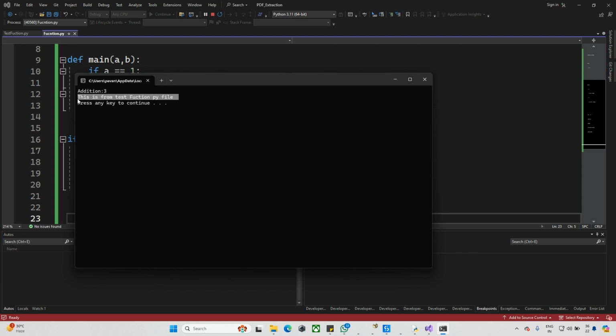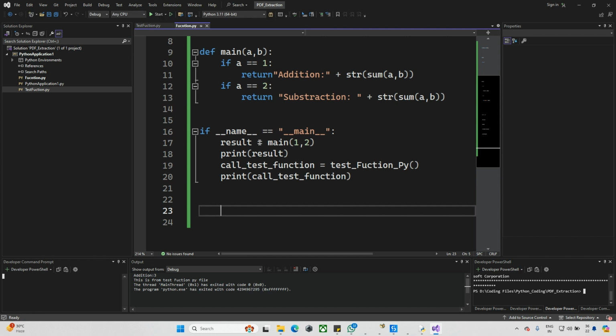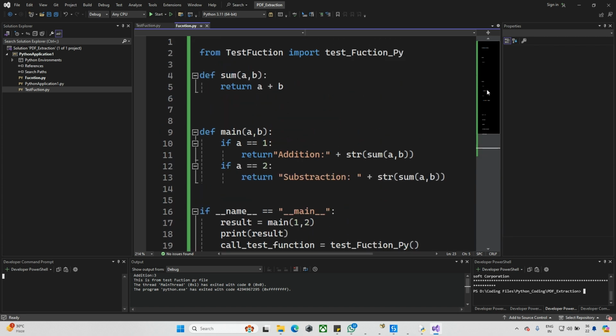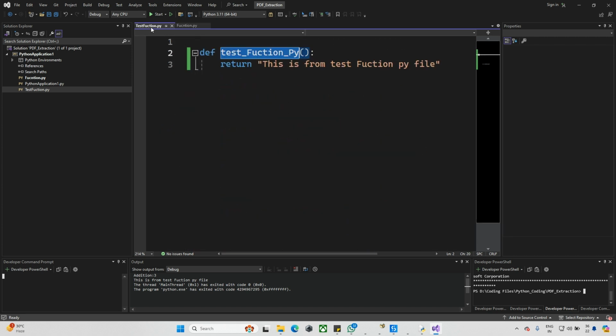This is from the test py file. So like this, we can do imports from here to there, and you can do vice versa. So like that, we can do those things. Okay, so what we did is simple. Whatever functions you want, however many functions,